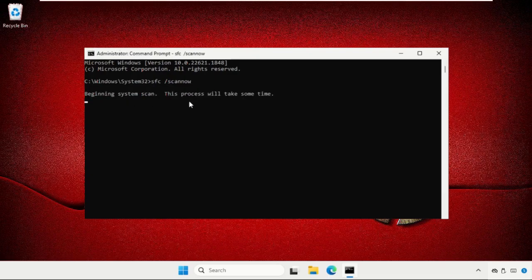So this command will take a lot of time, around 10 to 15 minutes, depends upon your computer configuration how fast it is, and we need to complete this up to the 100%. Once done, we need to close this window and then open File Explorer,